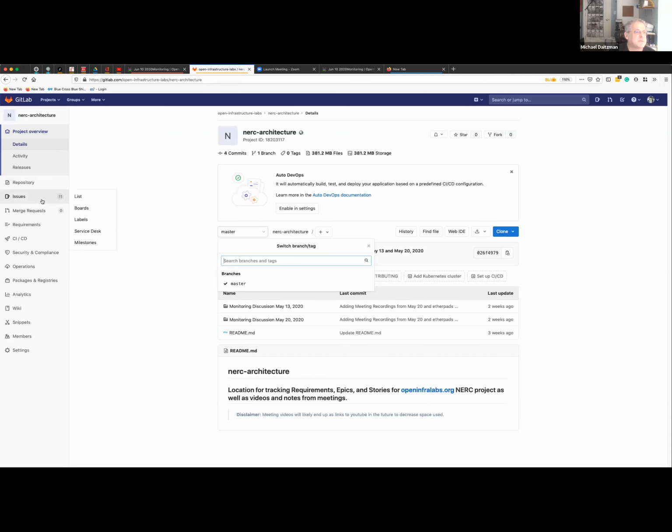Michael, when the NERC architecture here is the NERC for the data, the 20-something petabyte infrastructure, or is it something else? The NERC is, I always confuse it. So Augustine, is it Northeast or New England? I think it's New England. The New England Research Cloud, as opposed to NESE, which is the Northeast Storage Exchange.